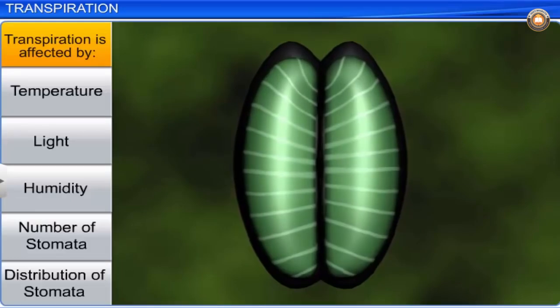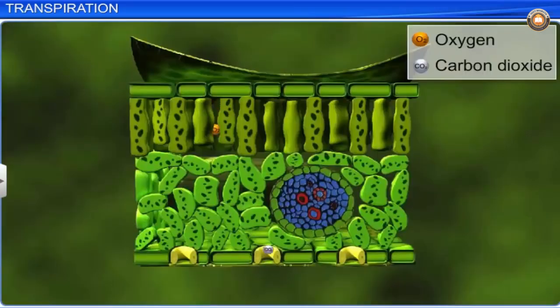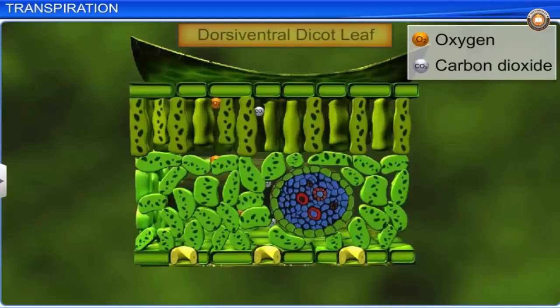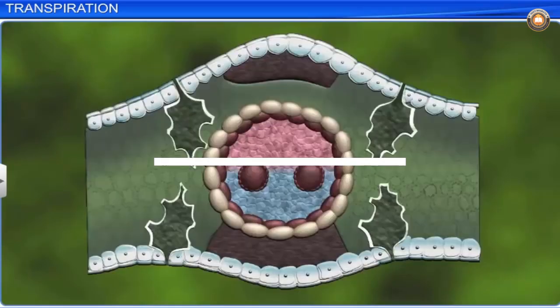Transpiration is affected by both external factors like temperature, light, humidity, etc., and plant factors like the number and distribution of stomata. Typically, the lower surface of a dorsiventral dicot leaf has a greater number of stomata. On the other hand,